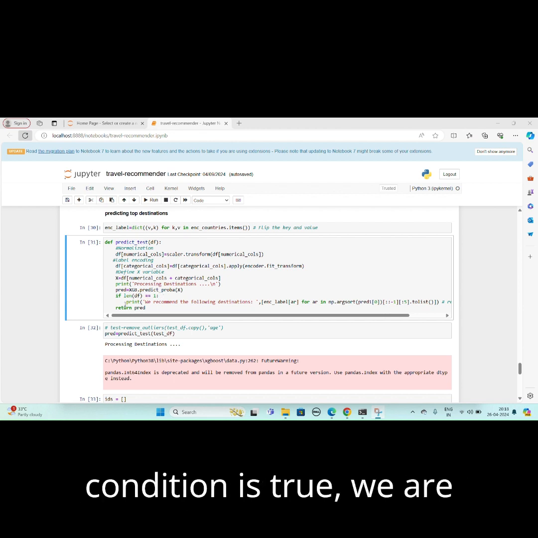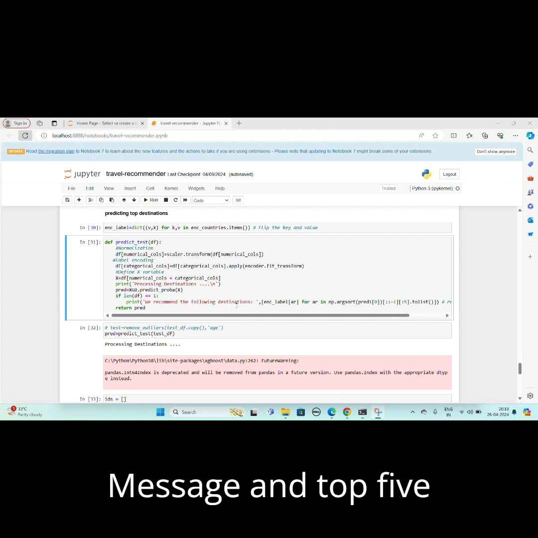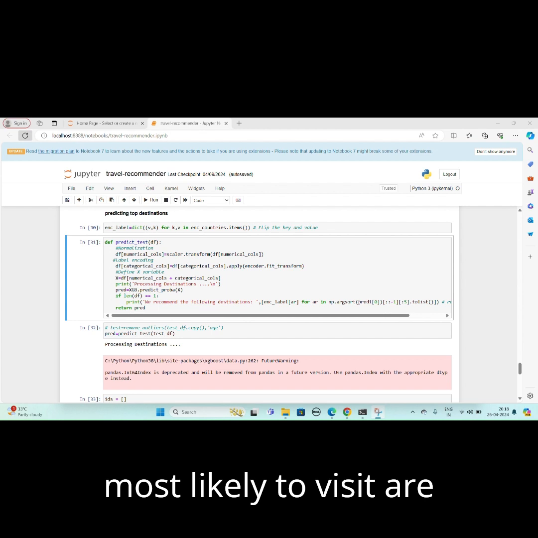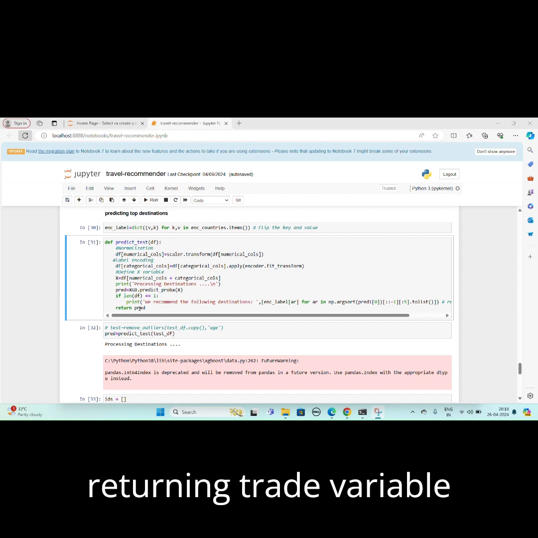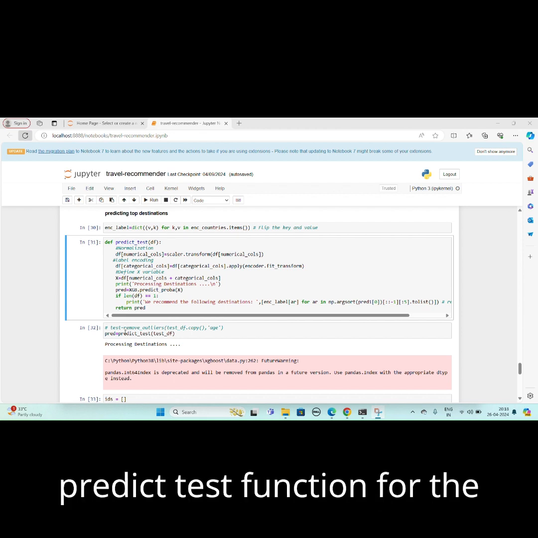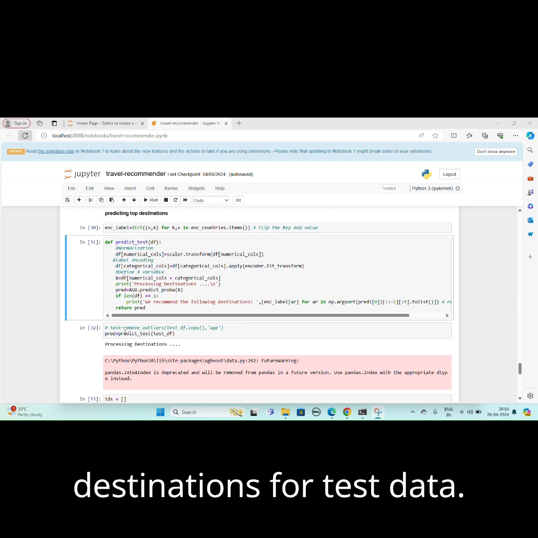If the condition is true, we are printing the we recommend the following destinations message, and the top 5 destinations which are most likely to be visited are printed. Further, we are returning the pred variable. Again, we are calling the predict test function for the test df data frame to predict the probabilities of destinations for test data.